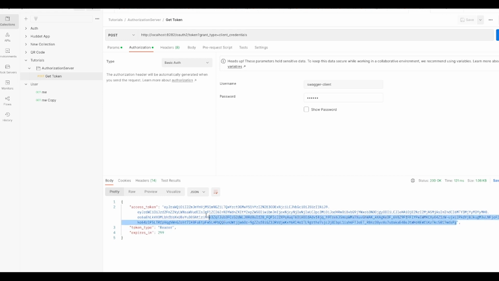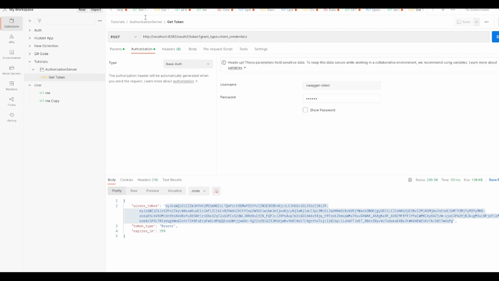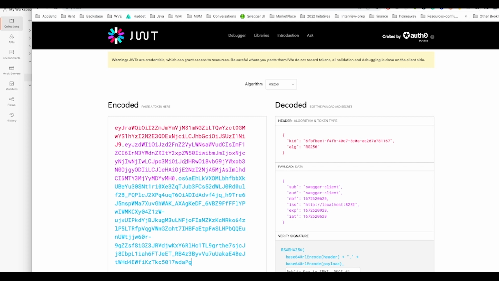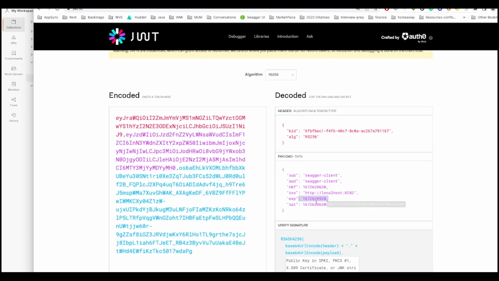Yeah, so this is the access token that you'll get. You can verify that. So this is a Swagger client, this is the payload data for this token. You can customize this payload